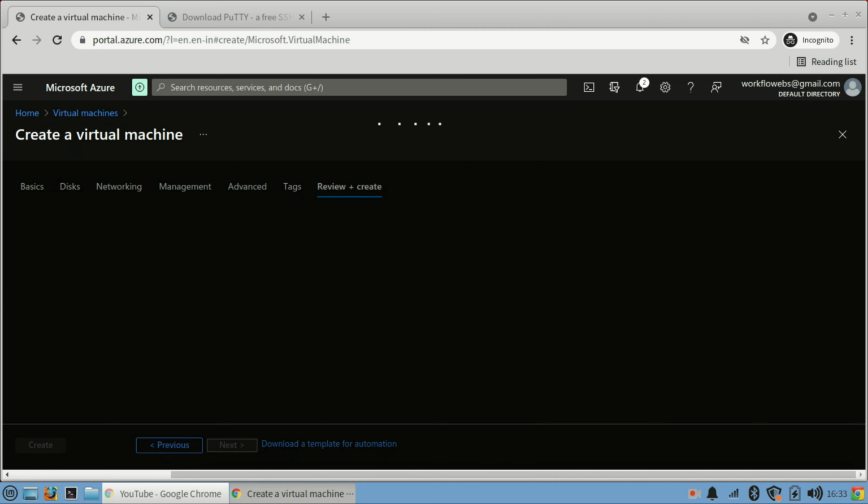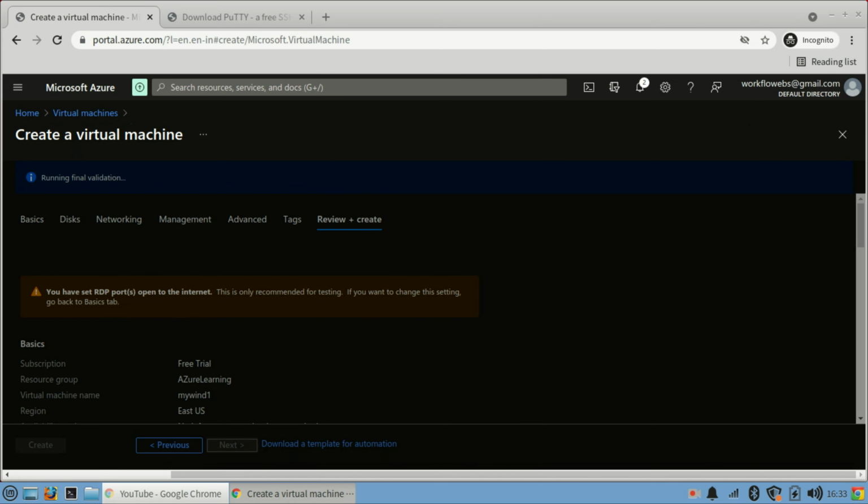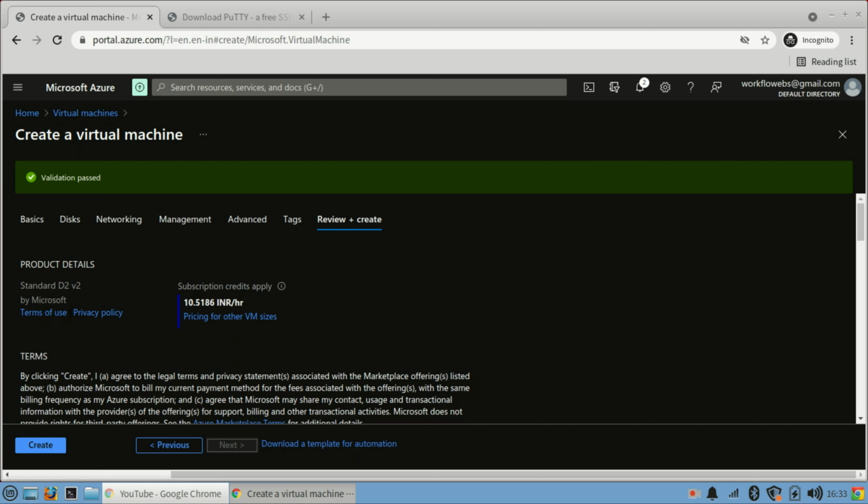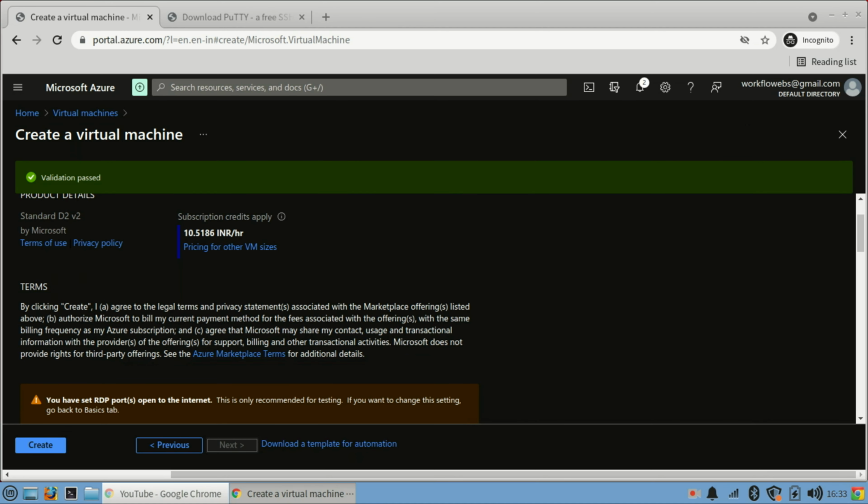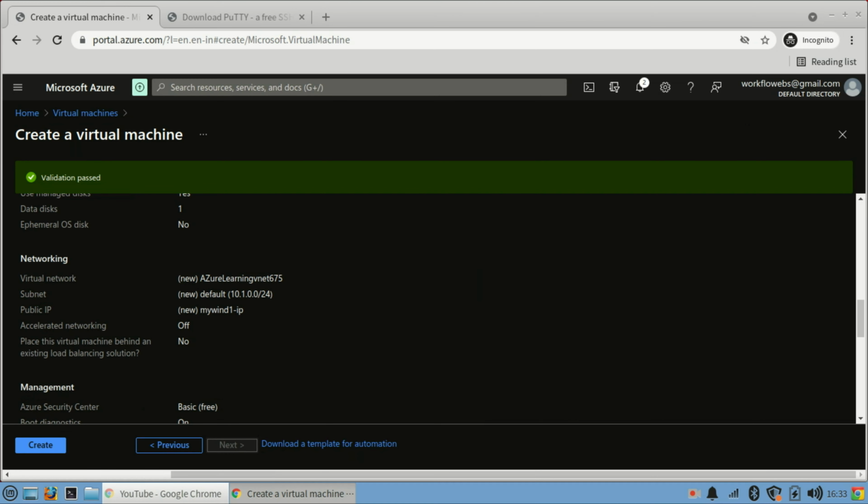So I will now validate it. So validation has passed, and now the charges would be 10.5186 rupees per hour. So I will click create,